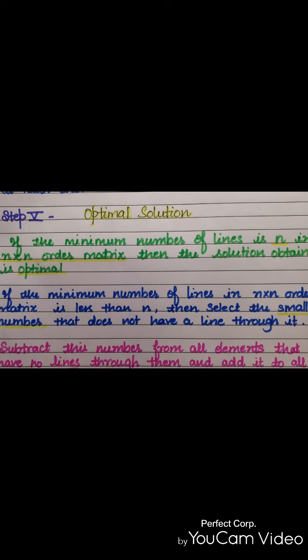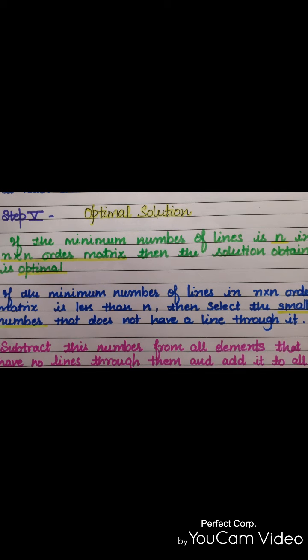You have got the solution. You just have to understand that you have found the solution. I'm repeating it again. As you draw the minimum number of lines to cover all the zeros horizontally or vertically, and you check that the minimum number of lines you have drawn are equal to the order of the matrix given, then you will understand that the solution obtained is optimal. That means one job has been assigned to one person. In every row or every column, you will find that one assignment will be there.